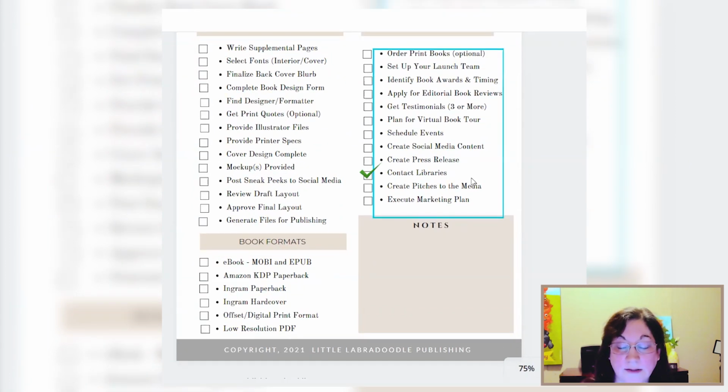Contact libraries. One of the new things that I found is that you can actually upload your book to a special project. It's like an indie author project that is a collaborative effort between indie authors and libraries. They will evaluate your book with a rubric that says, is it high quality? Is it a subject matter that's really popular that a library should carry?